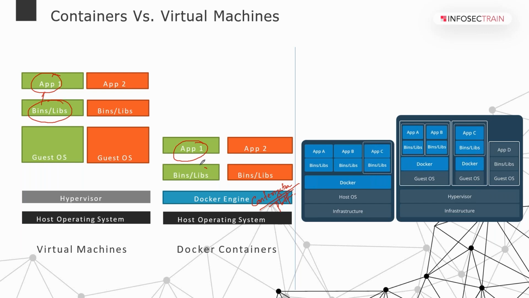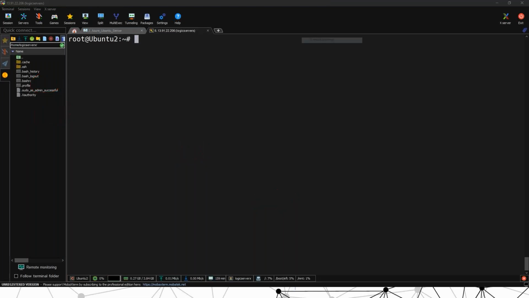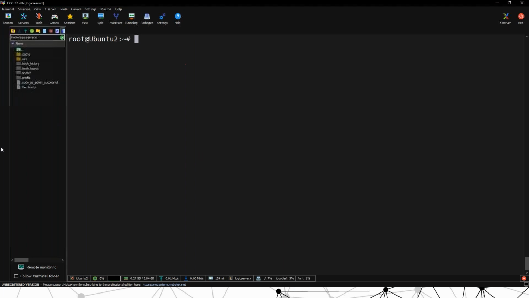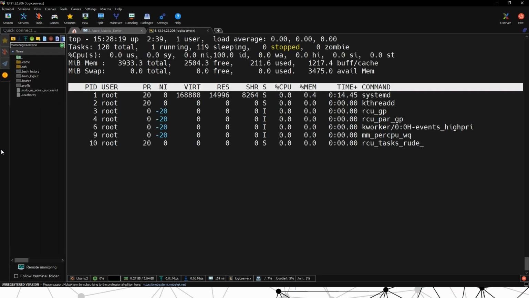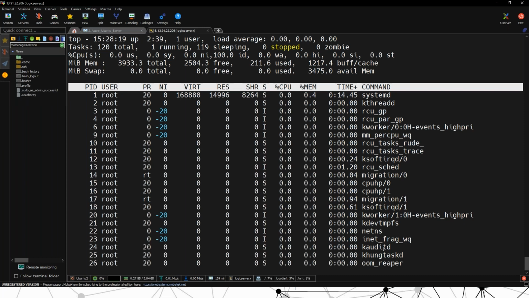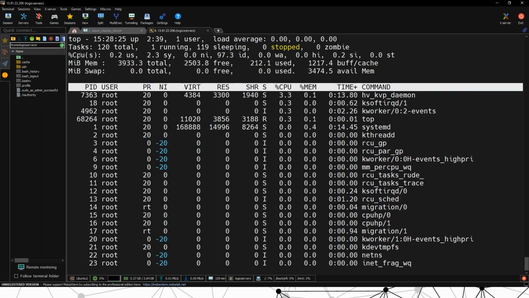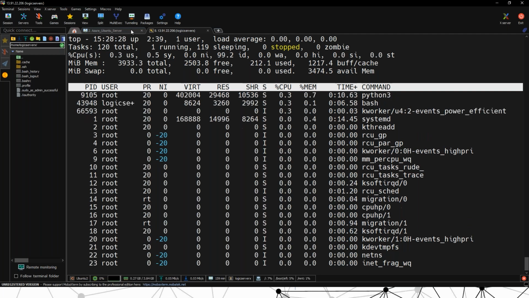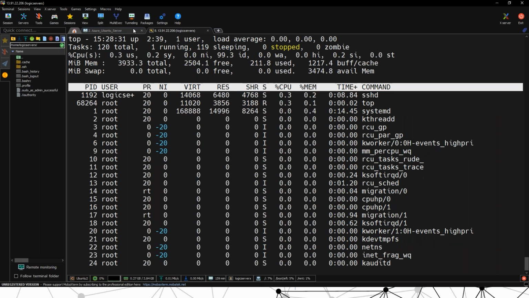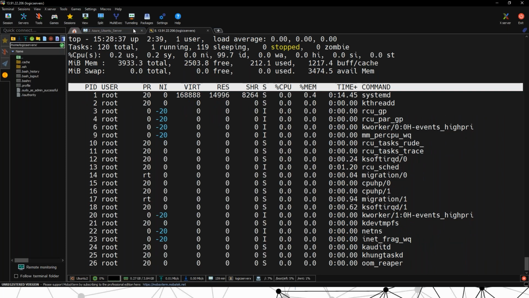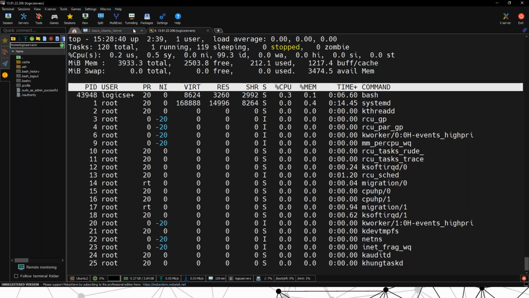I will give you a simple difference. Now I'm showing you an example here. Just give me a second. If I search, you can see that there are a lot of processes running in my computer now. But if you type the same in a Linux container, you will see that nothing will be there inside it. Only one or two processes will be there.